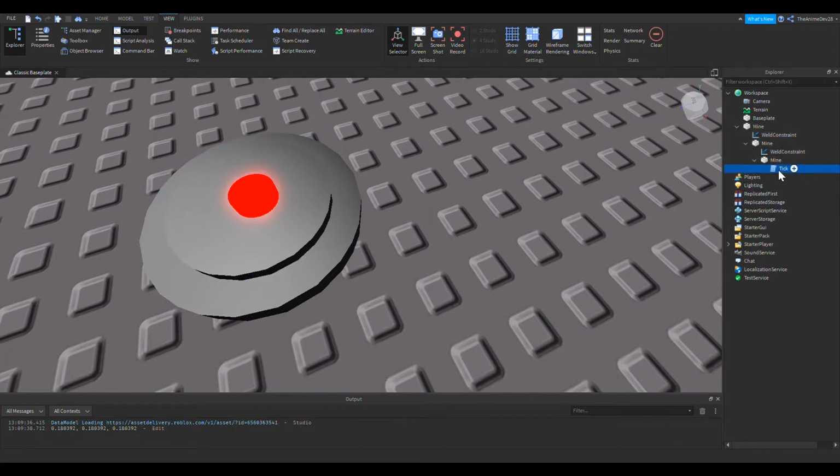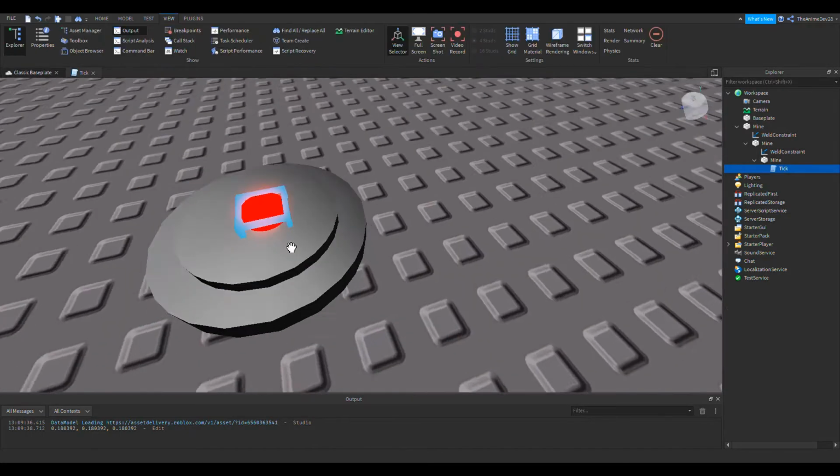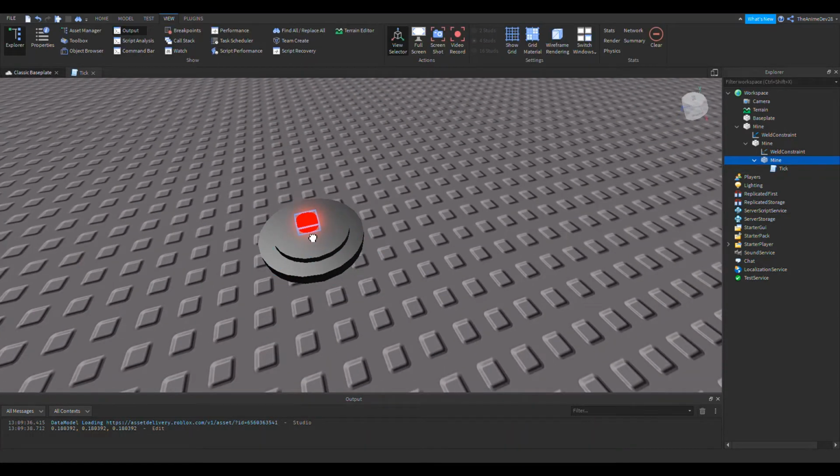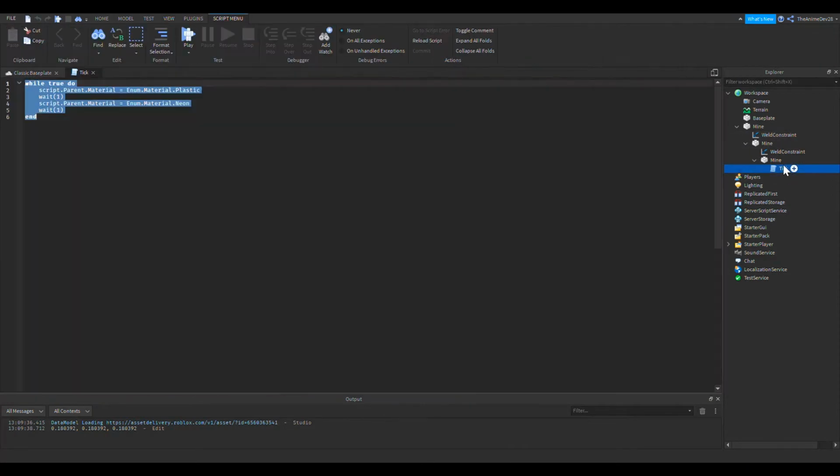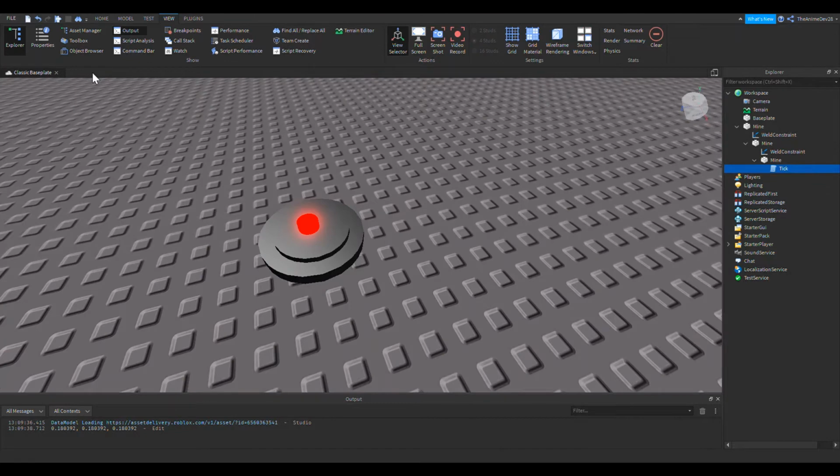There's actually one script. And all the script does is make this blink. They make it a little bit more centered so it's not annoying. So that's all that script does. But this has nothing to do with the explosion. It's purely cosmetic. So I'm going to be showing you guys how to make these mines actually explode when you touch them. And there's actually two ways we can make this.